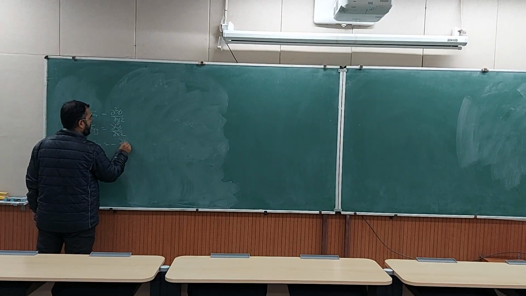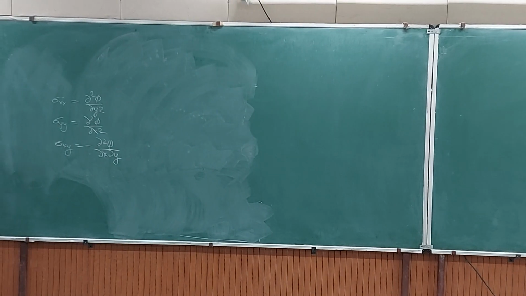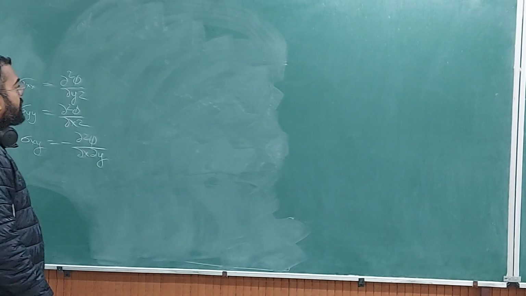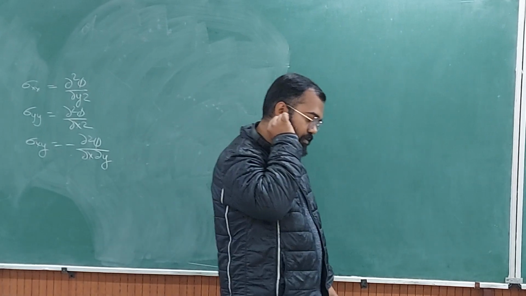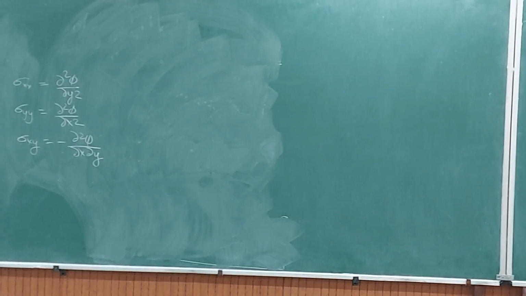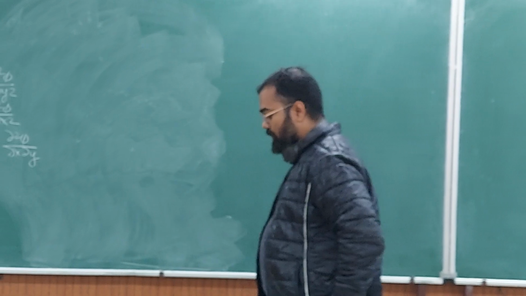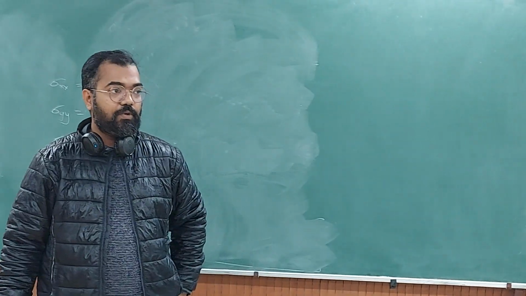Minus del square phi by del x del y. Okay, so we started with these, and now, before we go to the derivation of Irwin's expression, a lot of names are there. Like we started with Griffith, and then we jumped to Irwin, but the contribution of English is also there before